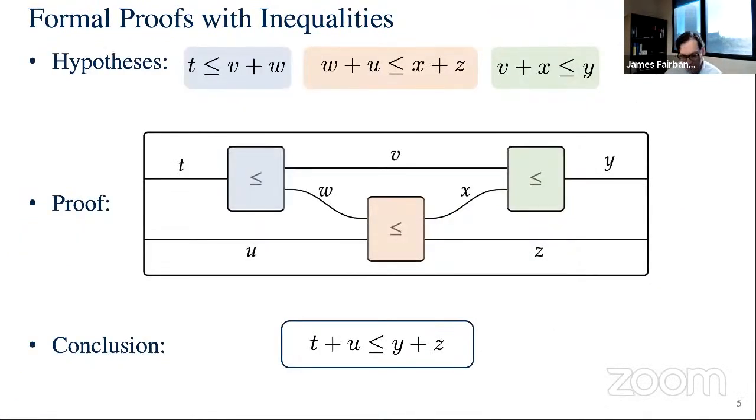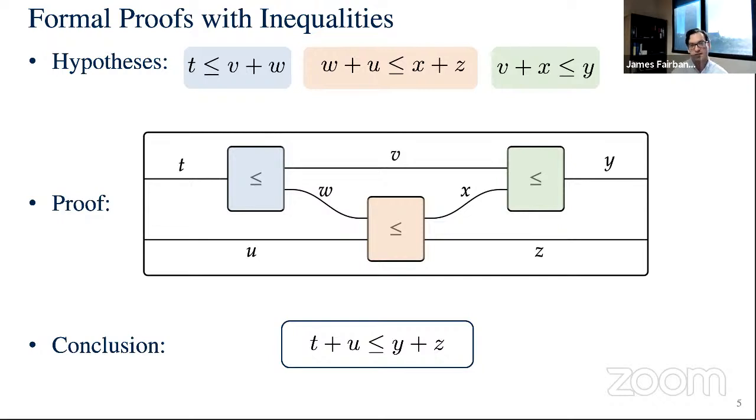And so the benefit of viewing things with string diagrams is that we get great abstractions, for example, that translate between disciplines. For example, we can use string diagrams to represent proofs with inequalities, the kind of arguments you'd make by chaining together a bunch of inequalities. You can represent these as a string diagram, which is a computational object. So here, a string diagram represents the idea of a proof that given proofs of the interior boxes, the blue, orange, and green